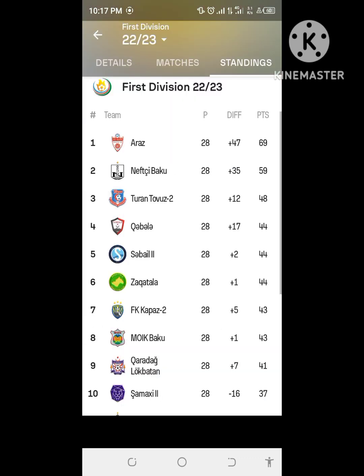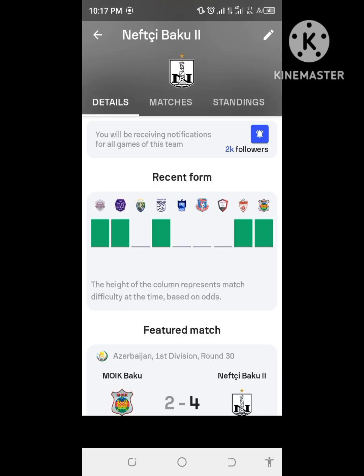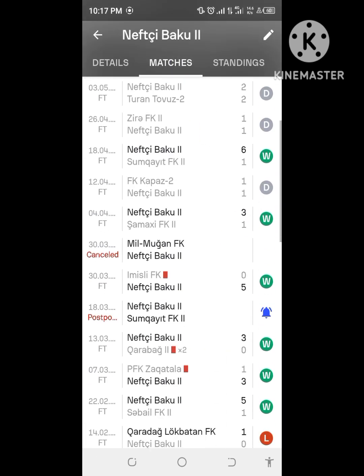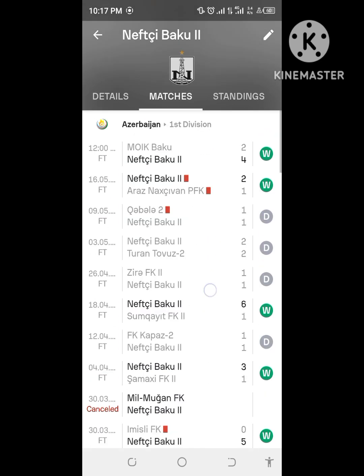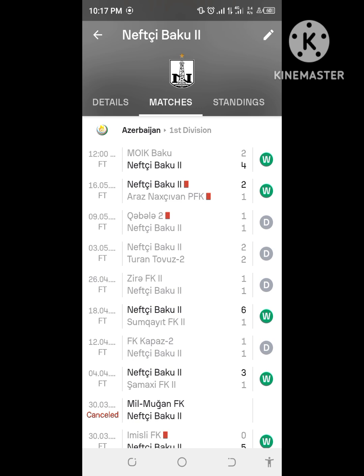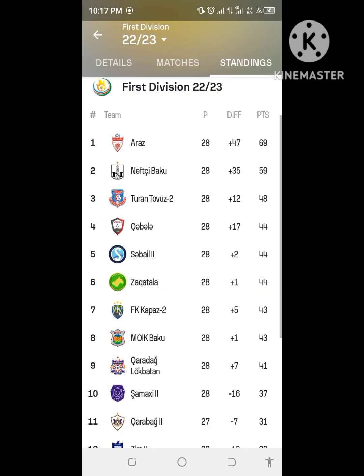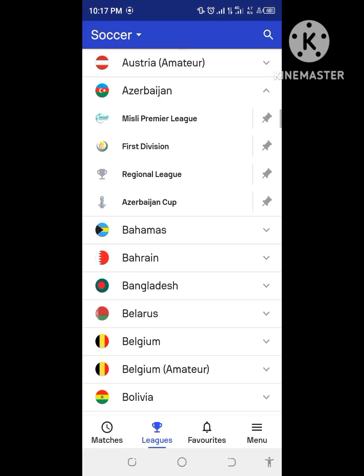They are first in the league. Then the second one is okay, this team, but they concede more bookings. The red card is also very important. So this team, you can't add it because they don't score many goals. They concede more cards, so you remove it. Then you come back to